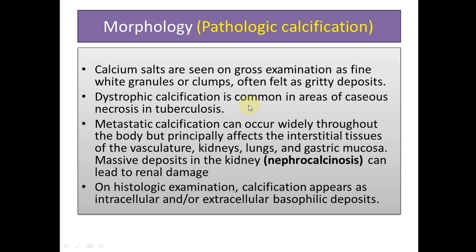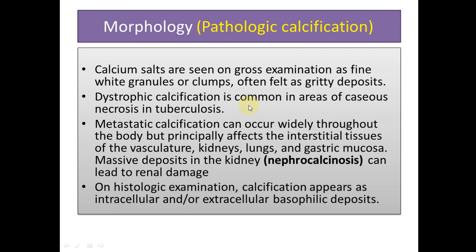Calcium salts, on gross examination, are seen as white fine granules or clumps, and they are often felt as gritty deposits. As I said, if there is excess calcification in a lymph node, it will appear under the thumb and index finger as a stone. So dystrophic calcification commonly occurs in areas of necrosis, and it is also seen in areas of caseation necrosis that